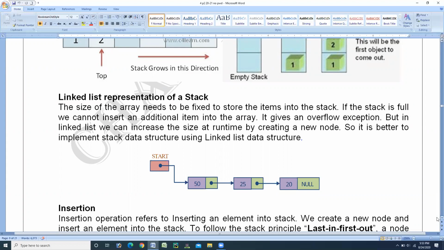The size of the array needs to be fixed to store the items into the stack. We are discussing the first point here, the concern related to arrays. In arrays, the size of the array is fixed. If the stack is full, we cannot insert an additional item into the array. It gives an overflow exception. If top equals max stack, then you can say that the stack is overflow or